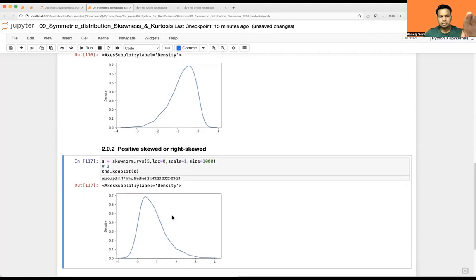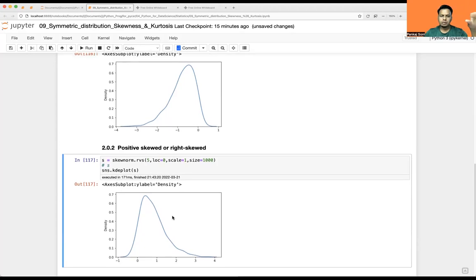This is just for visualization, but mostly you will be getting the data from a third party, or maybe you download it from the internet. Just do the KDE plot, and by looking at the KDE plot, you can say whether it is left skewed data or right skewed data, or positively skewed data or negatively skewed data. Okay,